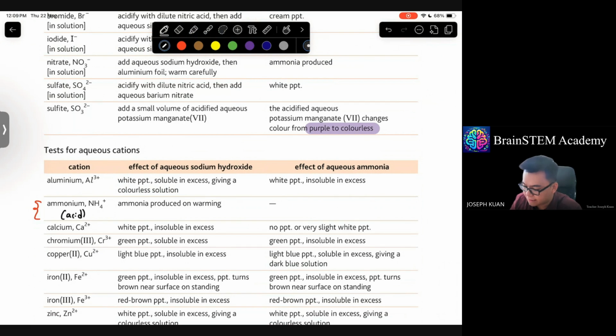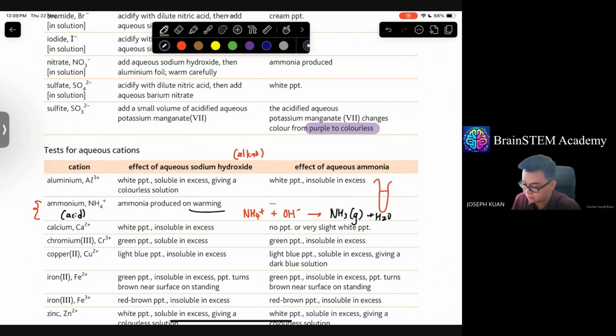So if you take ammonium, being an acid, it is capable of reacting with sodium hydroxide, being an alkali. This alkali provides hydroxide ions, and then it forms ammonia gas